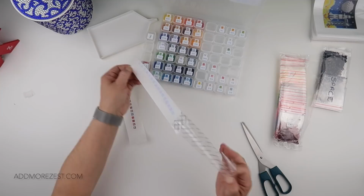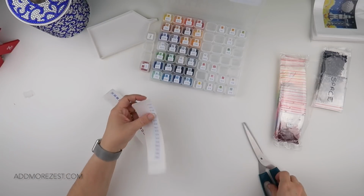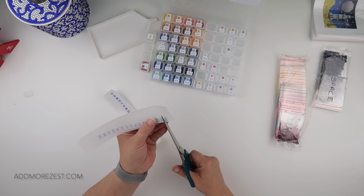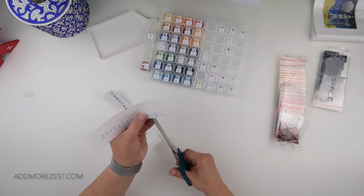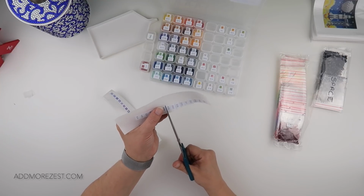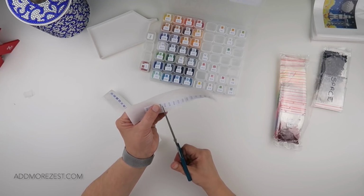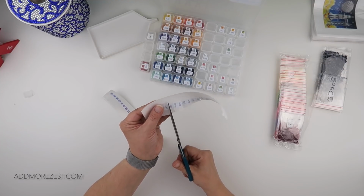Can't get hold of it. There we go. Tried to straighten this one up as it was coming through, but it's still overhanging a little bit on the end, but it'll be fine. I'm more wondering whether the static has died down in those bags that have been in the freezer or not. This set's probably been in the freezer for about half an hour,